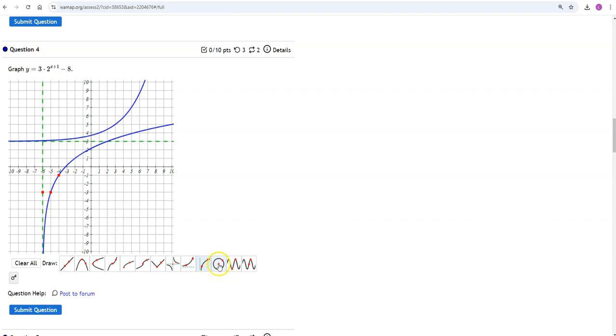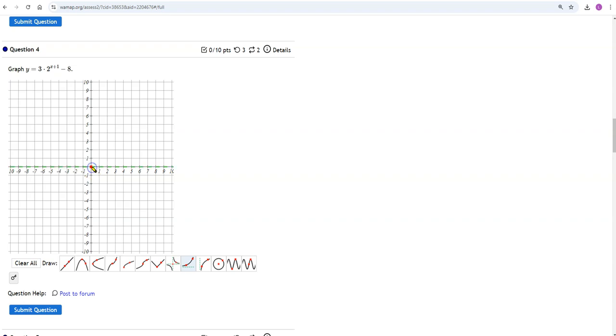Circles will be the center and then some other point on the circle, and the other two are going to be some cosine and sine curves that are right there. So if we're doing this one right here, graphing the exponential, I'm going to select that option. And right now I'm just going to work on this 2 to the x plus 1, and then we'll adjust things after that. So if it were just 2 to the x,